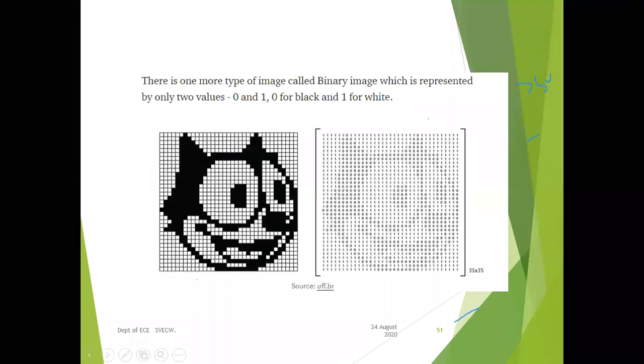Right. So one more example of images is a binary image, where we have only two types: 0 or 1. 0 is for black and 1 is for white. You can see two important pictures here. One is picture one, where we divided the entire image into parts by pixels, and this is the corresponding image, and how we represented it with black and white, you can understand from this.